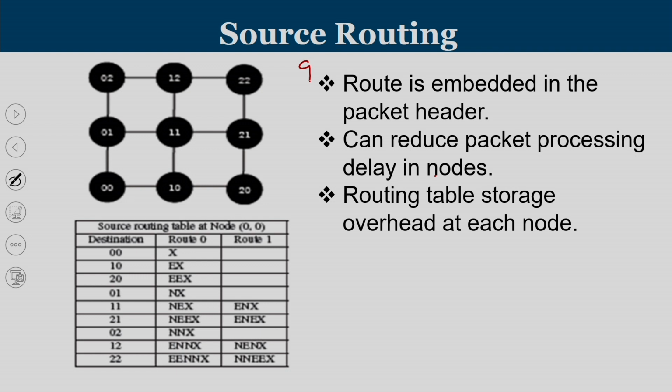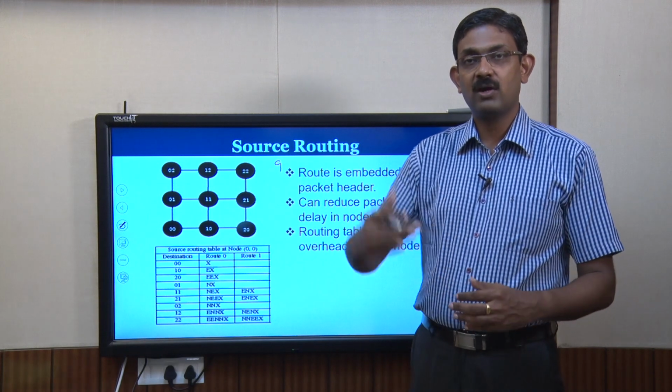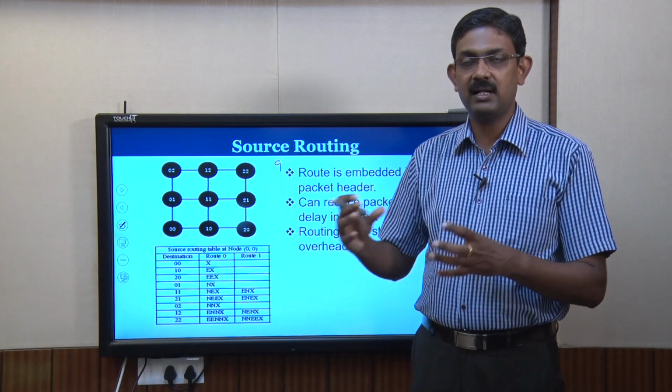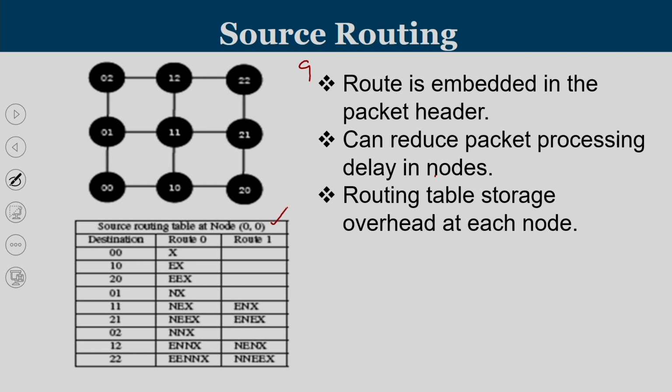As we have already discussed, in the case of source routing, every router needs to have a table with it. Whenever a packet is generated from that router, we consult this table, and the table contains the route to reach the destination. This is the routing table for node 00. This table is incorporated in node 00. How we are going to analyze this table is, we have various possible destinations. These are the destinations possible in the network.